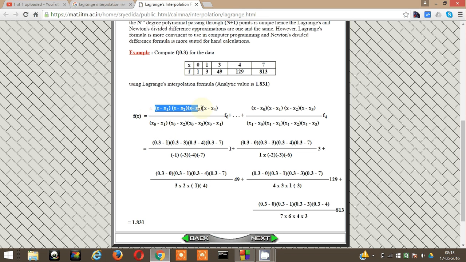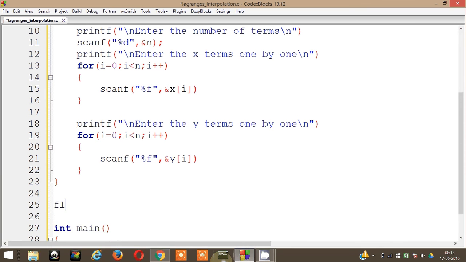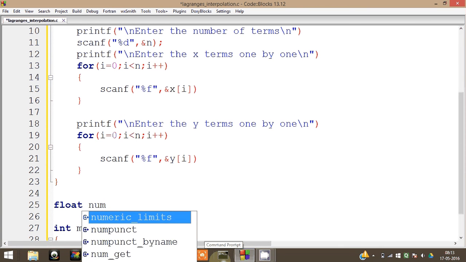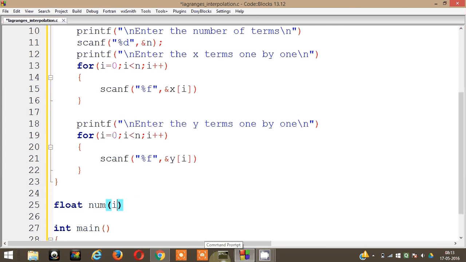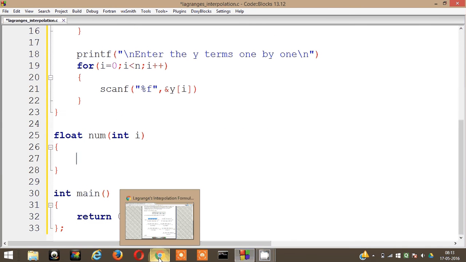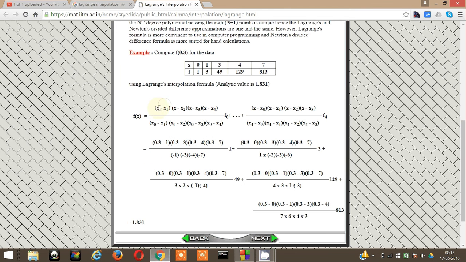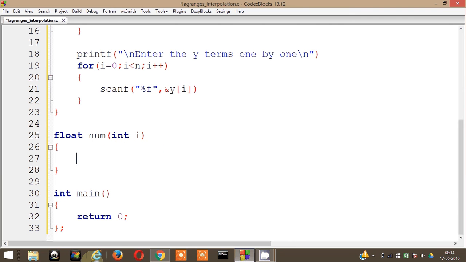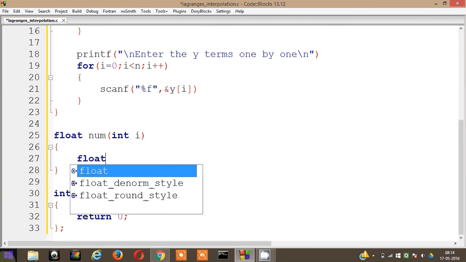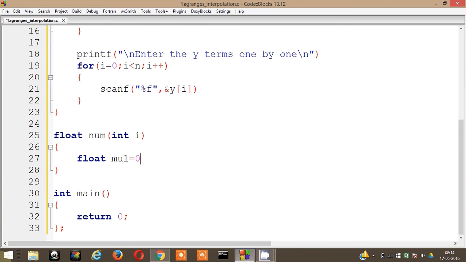Now it's time to make the numerator, like this part we have to make. So float numerator, then int i means the ith term, like I'm showing you here. Like for i equal to 0, we will miss out x minus x0, right? And if ith term is 0, we'll miss out x minus x0. So I need the ith term here, that's why int i,